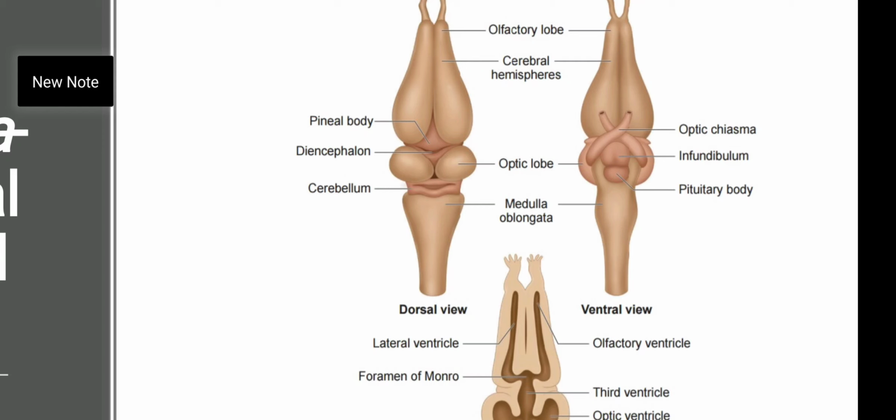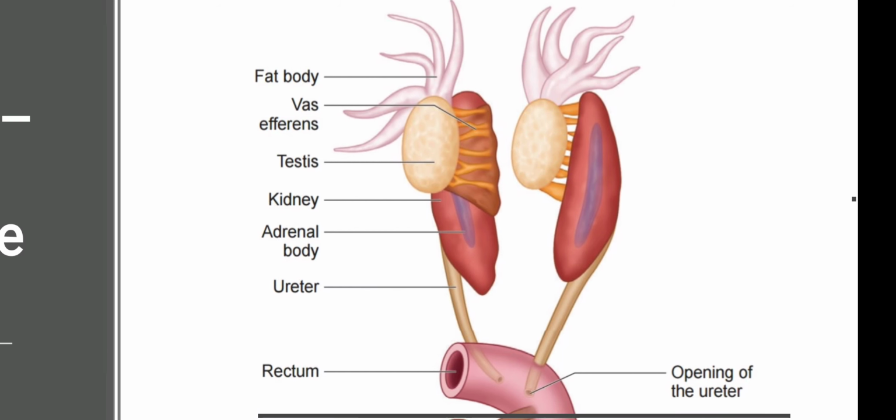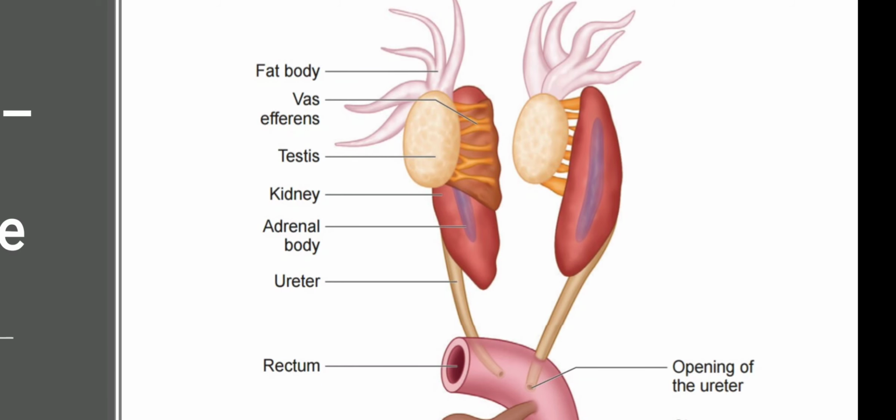Then the excretory system. It consists of kidney, ureter, urinary bladder and cloaca. Kidneys are dark red, long, flat organs situated on either side of the vertebral column in the body cavity. Kidneys are mesonephric type. Several nephrons are the basic functional unit of kidney. They separate nitrogenous waste from the blood and excrete urea. So frogs are called ureotelic organisms.